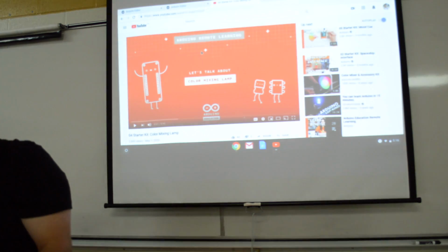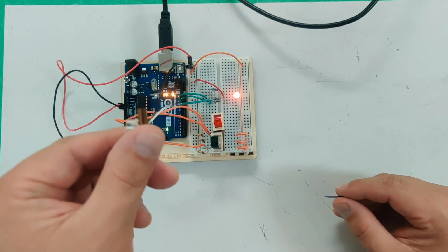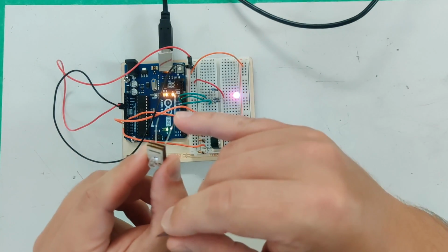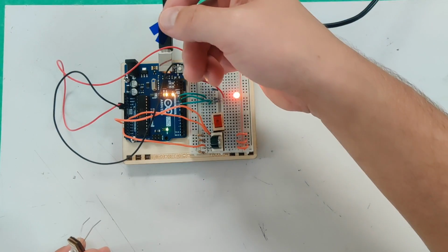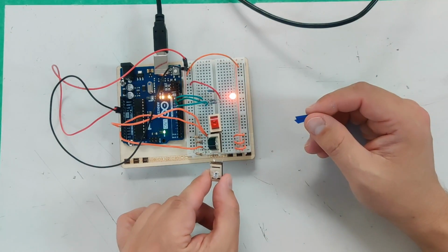See, this I've had to bend. Very weird, right? I've had to bend this on an angle. I've had to put this through here. And now notice the long side goes to the power because you've got power running down this strip. You've connected power here to power there and used it to power one side of these sensors. And then I'm going to plug it in here,